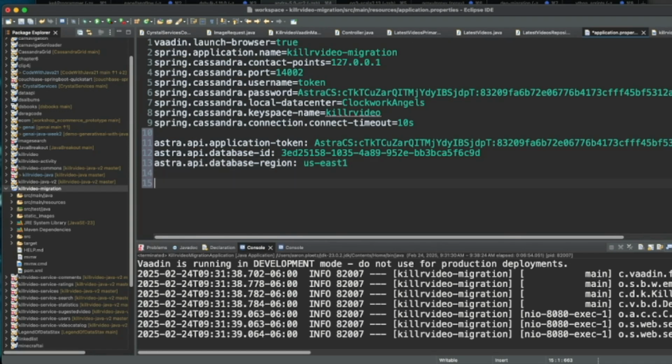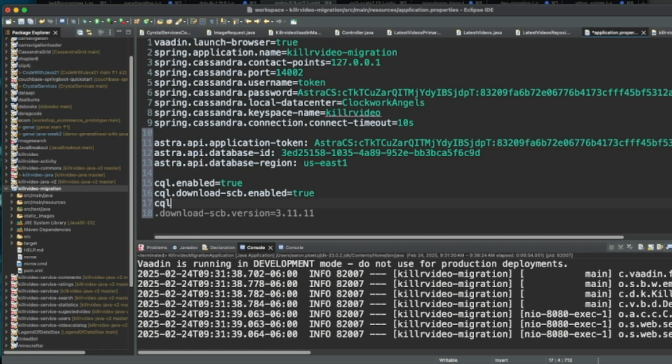Next, we're going to need a section here for CQL. We want CQL enabled true. We do want to download the SCB so that we don't have to worry about specifying its file location. Actually, that's a little bit different, isn't it? There, dot enabled true.